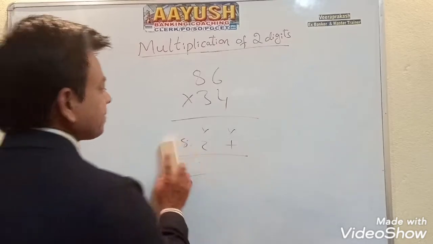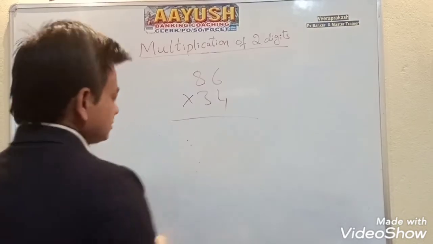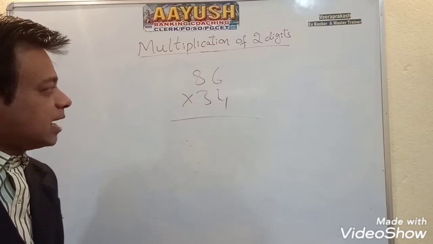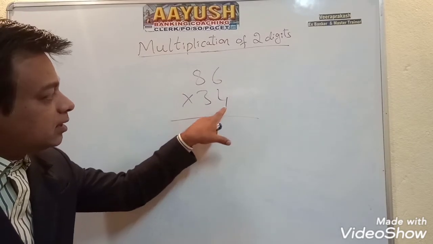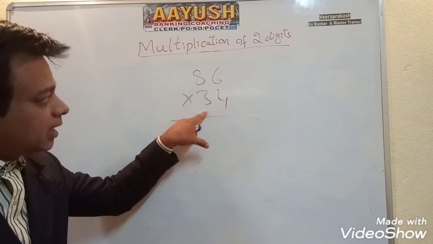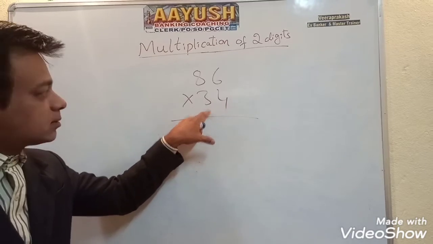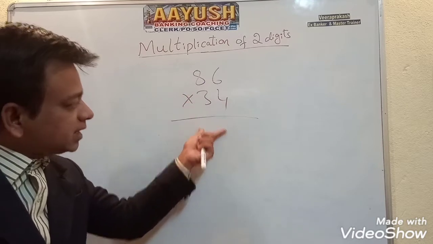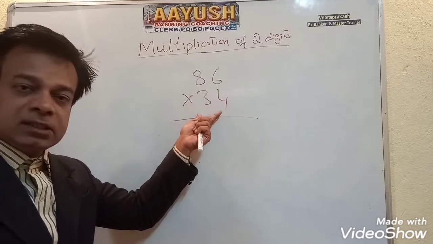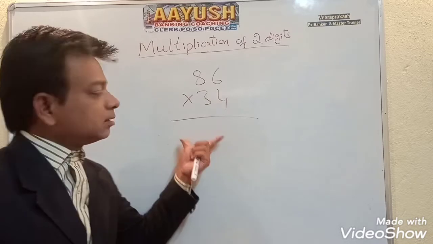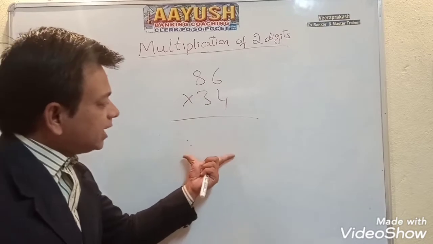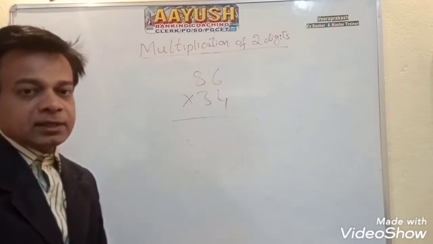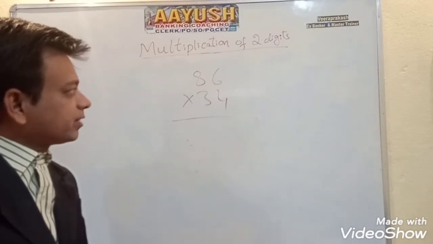So what do we do? Instead of going by this school method, the time spent is more. You have to go through the 4 table and 3 table separately, and then carry forwards will be there. If you miss any carries or multiplication, you may go wrong. And sometimes after addition at the second stage, here also you may go wrong. So that's why we'll come up with a different idea.